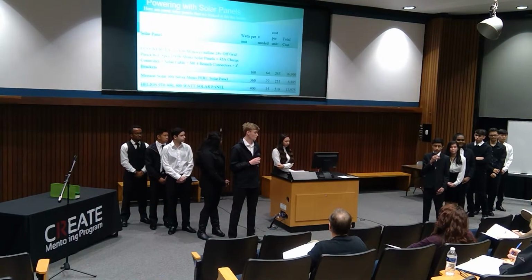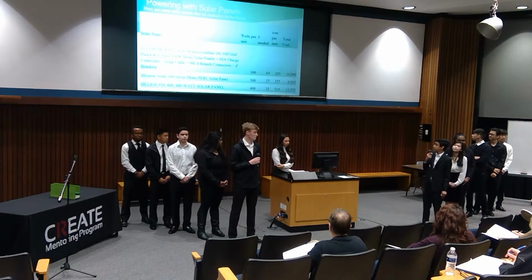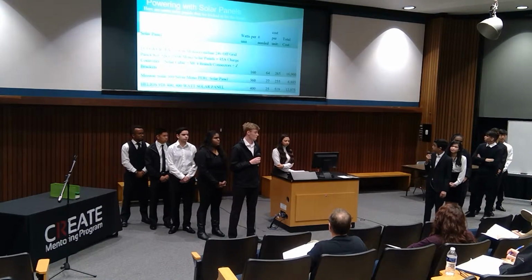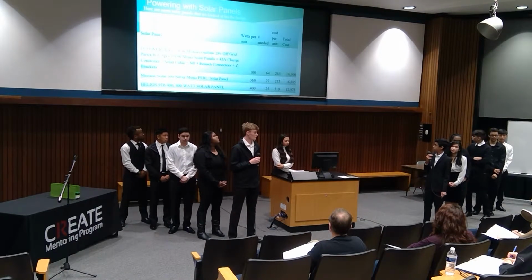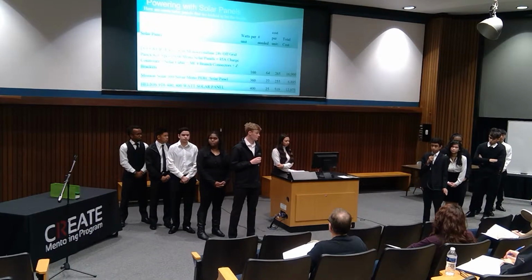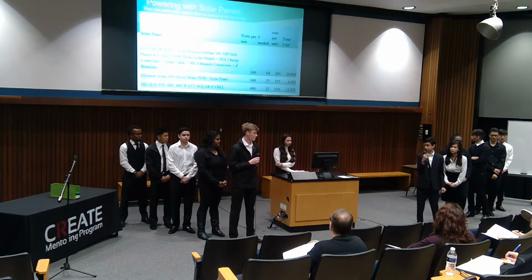Again, we are looking at solar panels that will not only be affordable but efficient. As you can see, the first solar panel we have gives 160 watts per unit, and the price is pretty high, 16,000 compared to the others. And the one in the middle gives 360 watts, and it comes at an affordable price. So the one in the middle would be the best fit for our tiny home. What about the water tanks?